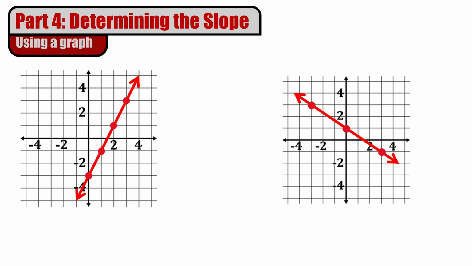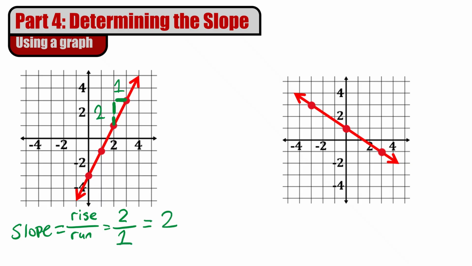On the graph on the left, the line is going upward as we move to the right. So this line has a positive slope. To find the slope, pick 2 points that land exactly on the grid. Starting at the lower point, count how far we go up to reach the next point. We go up 2 units, so the rise will be 2. Now count how far we go right to get to the same point horizontally. We move 1 unit to the right, so the run will be 1. This means the line goes up 2 units for every 1 unit we move to the right, therefore the slope